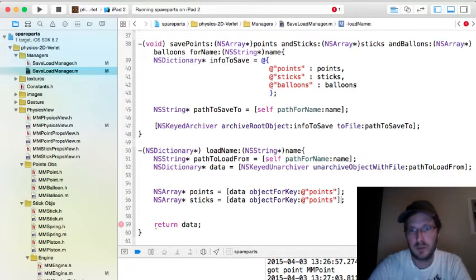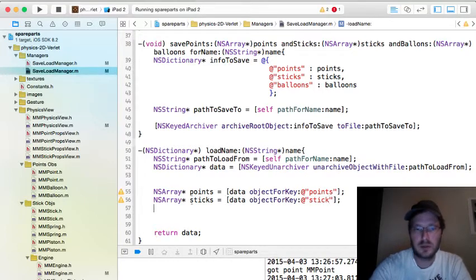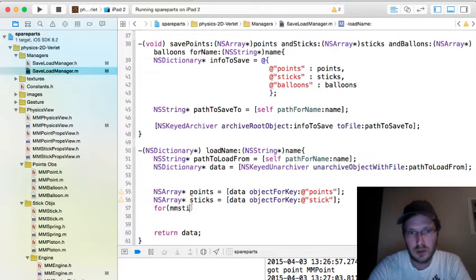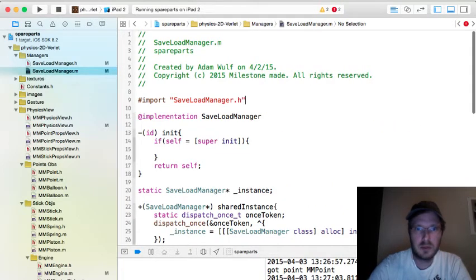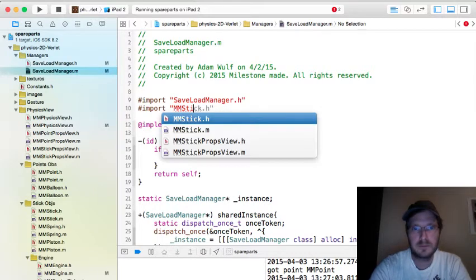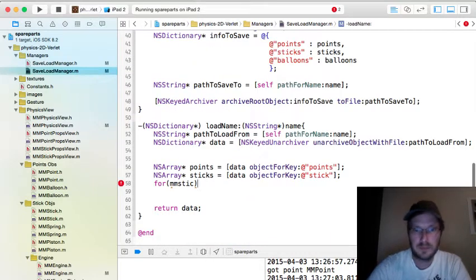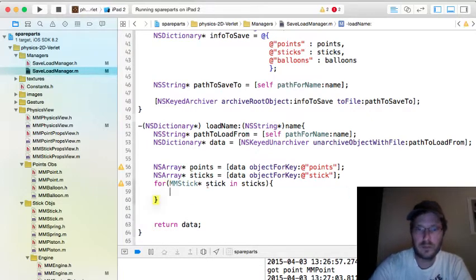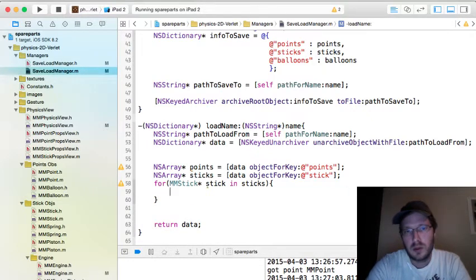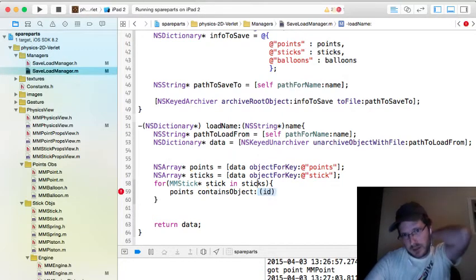Sticks. There we go. And so for each stick, points contains, we only have contains object, so now we need